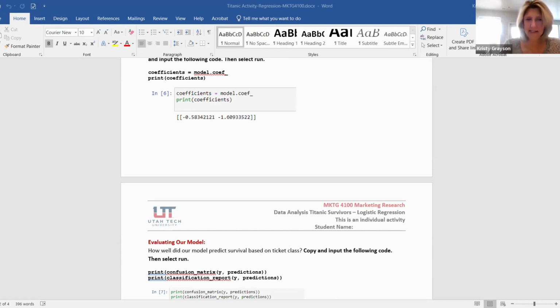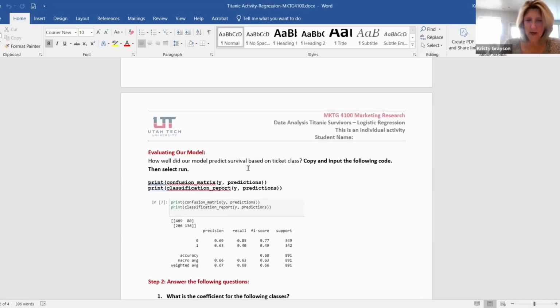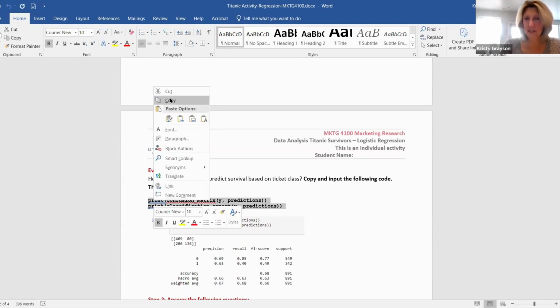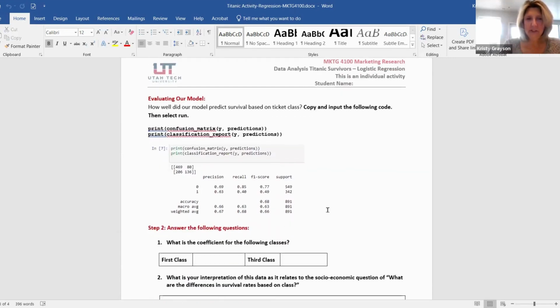Now let's go back into our model here, and I want us to evaluate how well our model does in making those predictions. So we are going to do what is called a confusion matrix. Copy that code, paste it into Python and run it. So let me point out the numbers here. Right here are our predictors, so these are our passengers. And right here, the first set is that